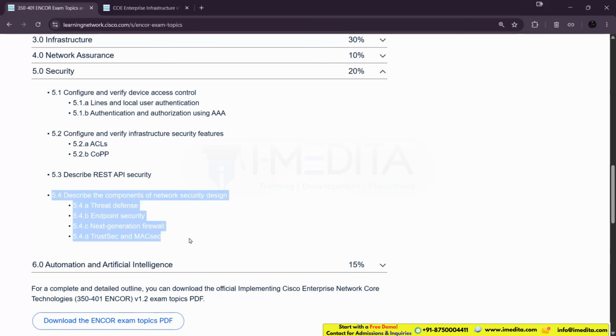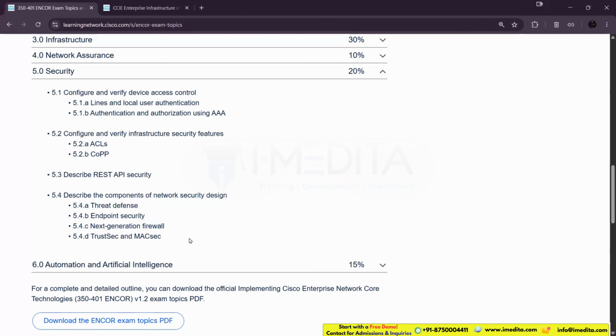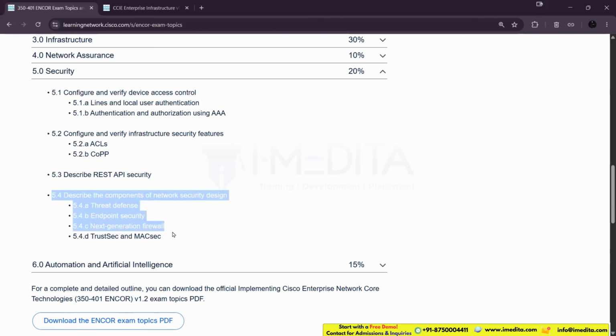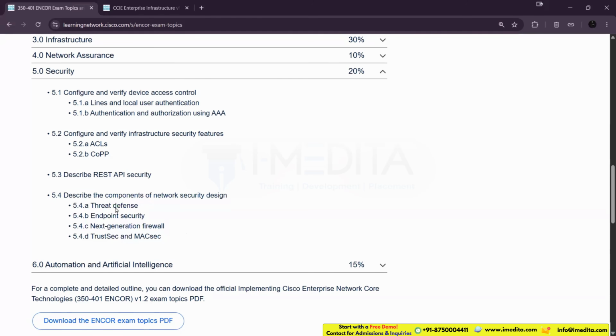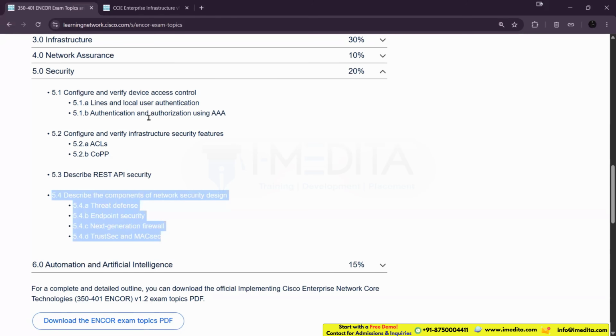Then in general, we had to talk about some security products: endpoint security, network security, and some general security products such as firewall, threat defense, endpoint security, TrustSec, MACsec. This is basically some security material, which is covered at the very end of the ENCORE content. If you go for the ENCORE training, at the very end of the ENCORE content,